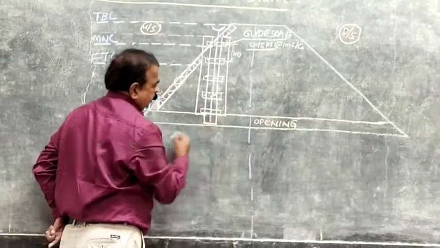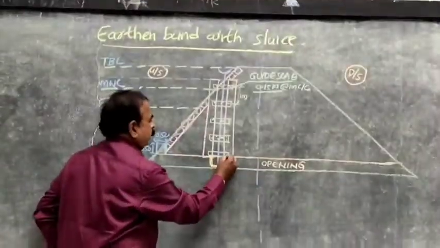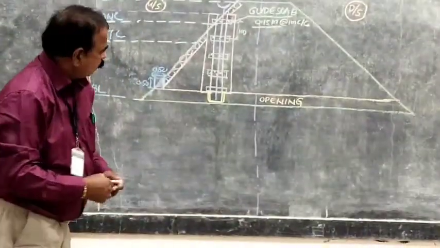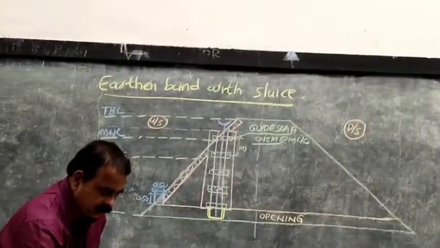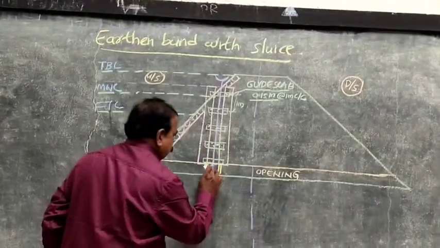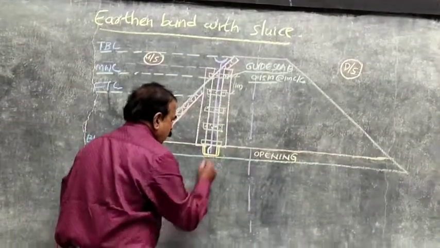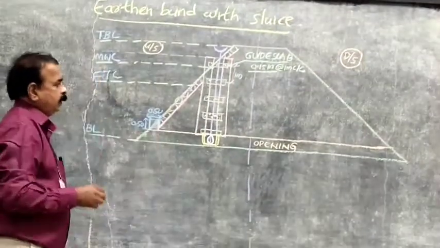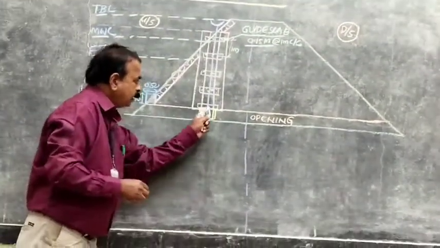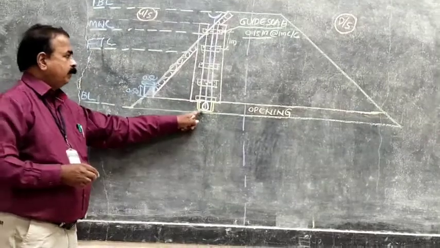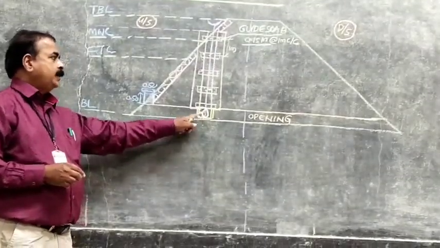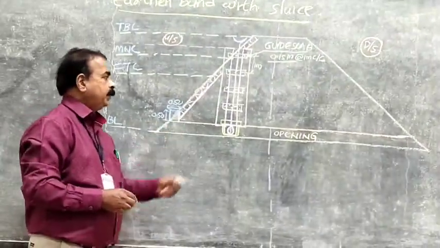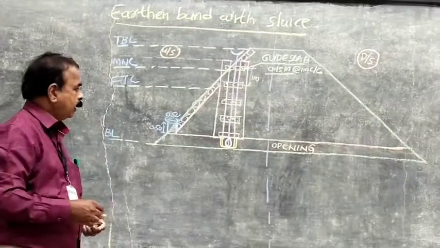plug chamber. The plug chamber is temporarily connected, and it can be rotated firmly. Inside it there is a support called the plug, which will obstruct the flow of the water. Remember, inside this opening there is a plug, normally made of hard timber, or sometimes of steel also. Normally we use timber because it is economical.